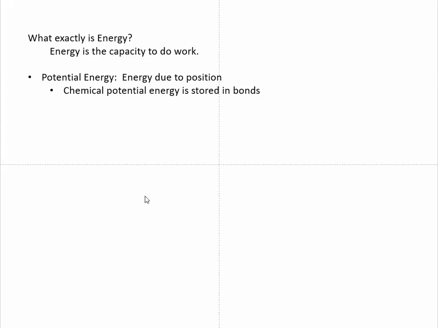The way physicists usually talk about this, they talk about a waterfall. Right here at the tippy top is the water that's about to go over the waterfall. It has a lot of potential energy because it's right at the top before it's about to fall. At the top of the waterfall, you have high amounts of potential energy. That's the energy due to position. A chemist would prefer to talk about chemical potential energy being stored in bonds. So in the bond between two atoms, there's a lot of potential energy stored there.